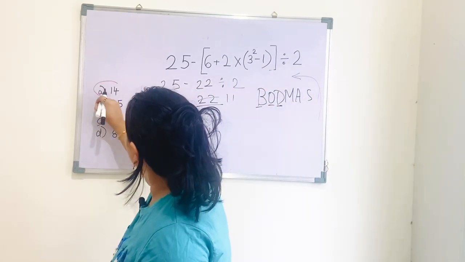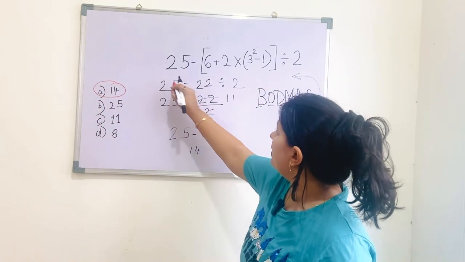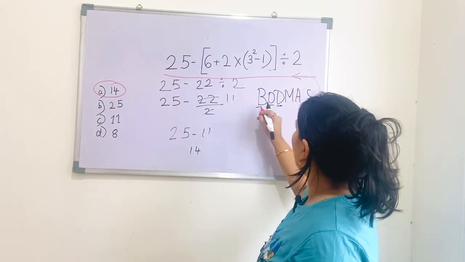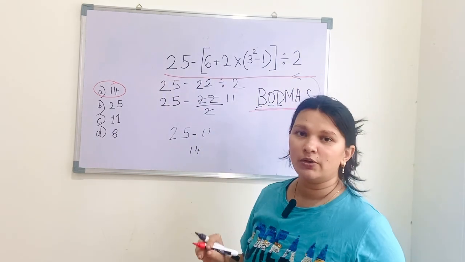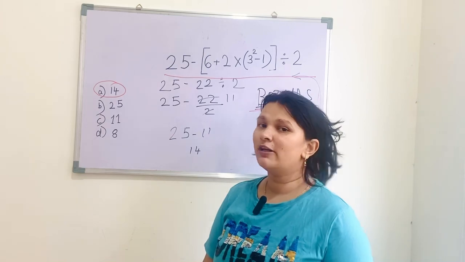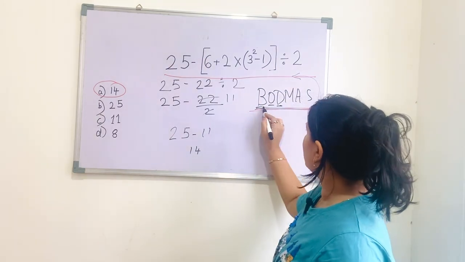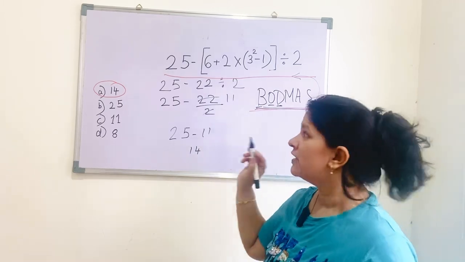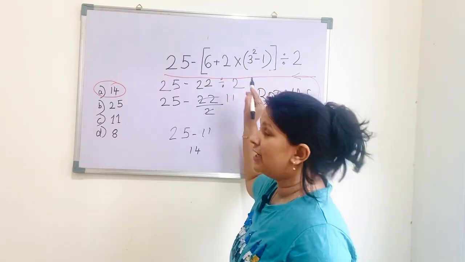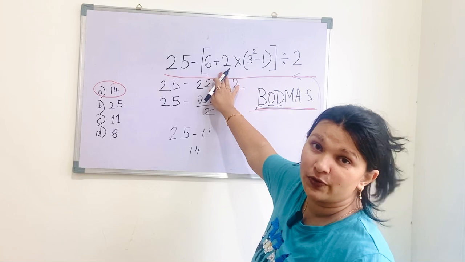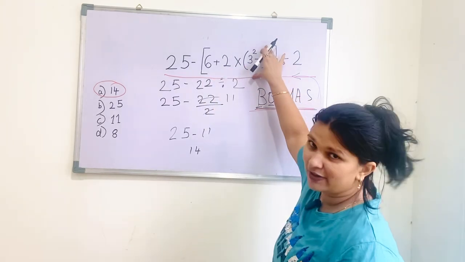Whenever this type of question comes in the exam, these type of equations, we will always have to apply the BODMAS rule. If we apply the BODMAS rule, it will always be correct. And if we are not able to apply the BODMAS rule, then the answer will always be wrong. So see, is there a bracket? How many brackets are there? That also you have to see. The smallest bracket, you have to solve that first.